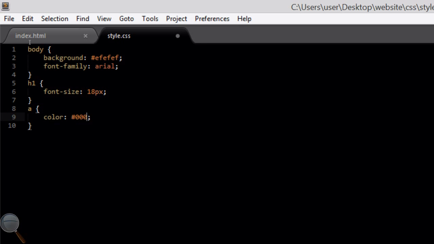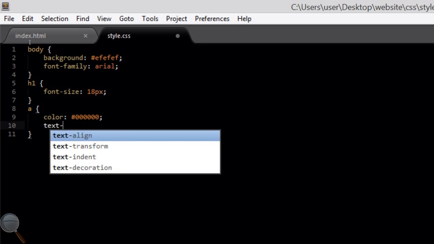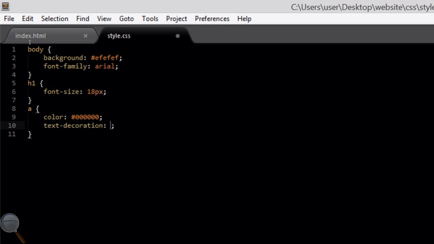Then we're going to add styling for the link tag, which is the A tag. We're going to add a color of black, and we're going to add a text decoration of underline. And then for the link hover, A hover, we're going to add in a color of black again,